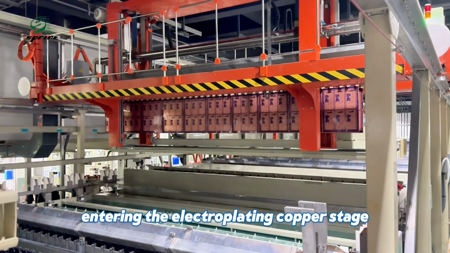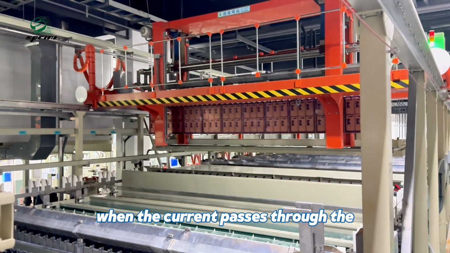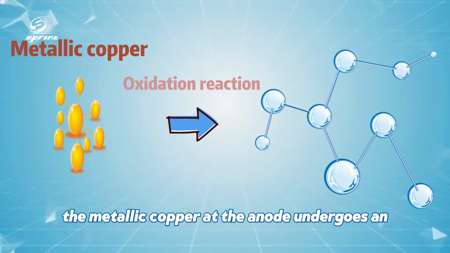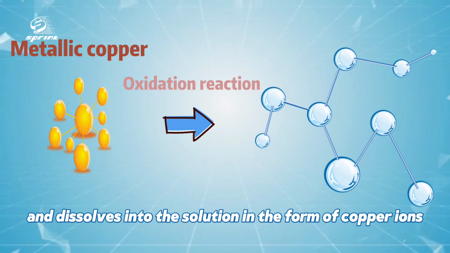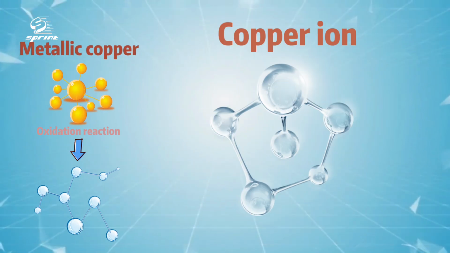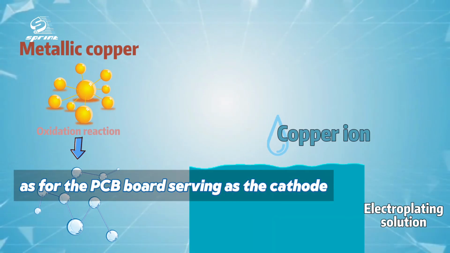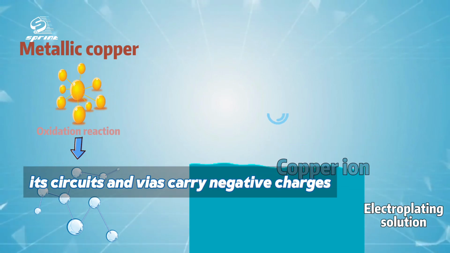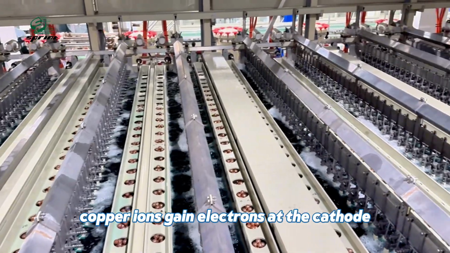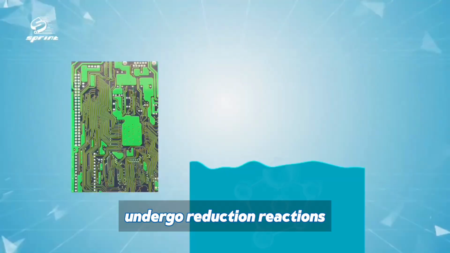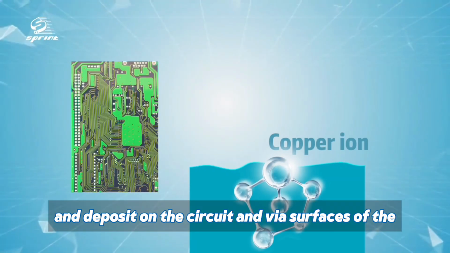Entering the electroplating copper stage, when the current passes through the electroplating solution, the metallic copper at the anode undergoes an oxidation reaction and dissolves into the solution in the form of copper ions. As for the PCB board serving as the cathode, its circuits and vias carry negative charges, which will attract copper ions from the solution. Copper ions gain electrons at the cathode, undergo reduction reactions, and deposit on the circuit and